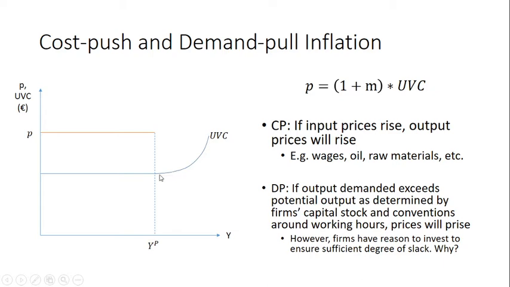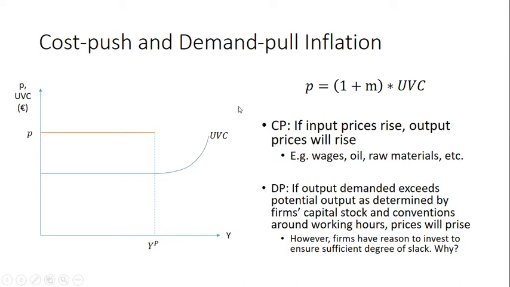So we get these limits of production, if you like. We get these diminishing returns to the inputs put in, and those inputs are getting more expensive, so that we see the unit variable cost curve start to bend upwards, but only after we get to full employment. Now, using this framework, we can differentiate or distinguish between cost push and demand pull inflation within the Kaleckian